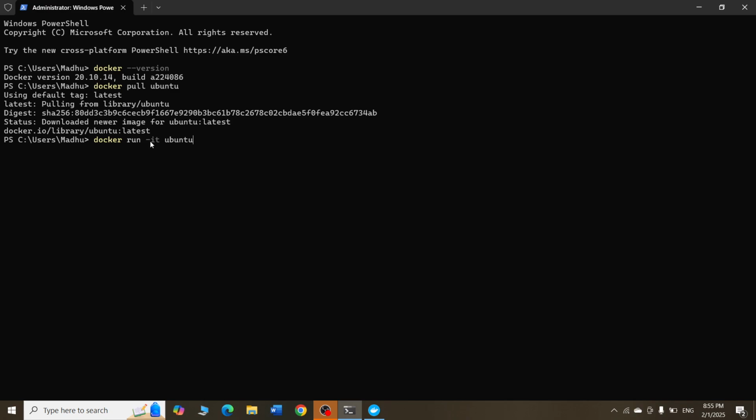Now what do you mean by a container? A container is basically like building a house from the blueprint and entering into the house, so that after entering you can do whatever changes you want. So when we say docker run -it ubuntu, we are actually creating a container from the ubuntu image, and now we can use this Ubuntu as a real operating system only, right? When I press enter here, you can see I am directly in this Ubuntu terminal.